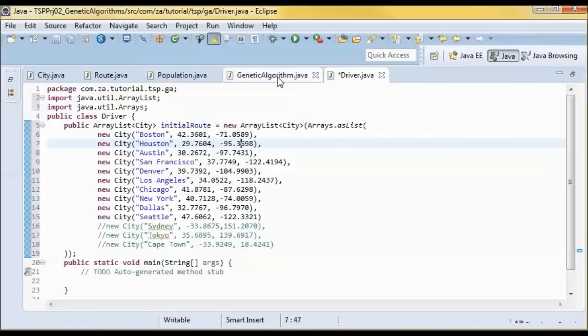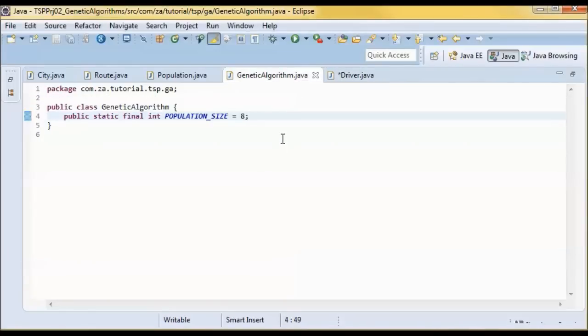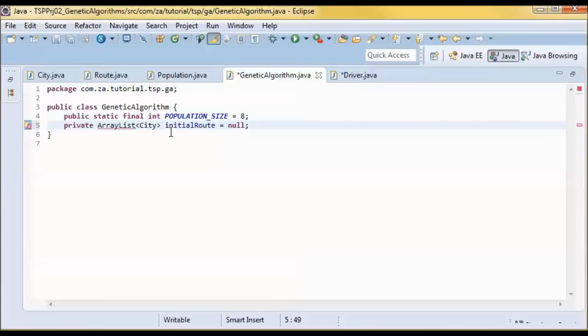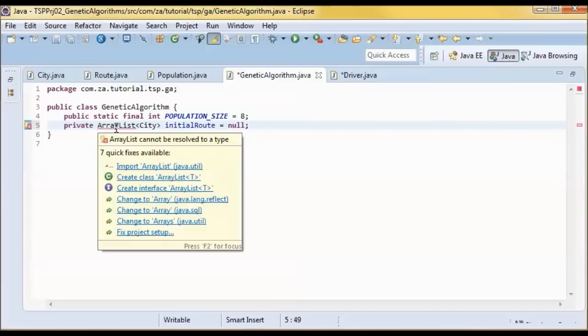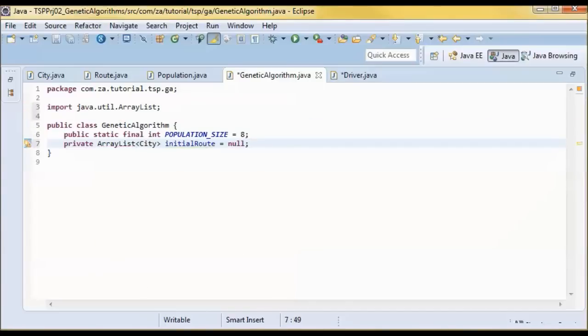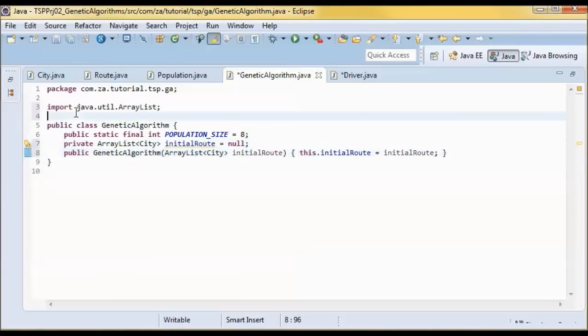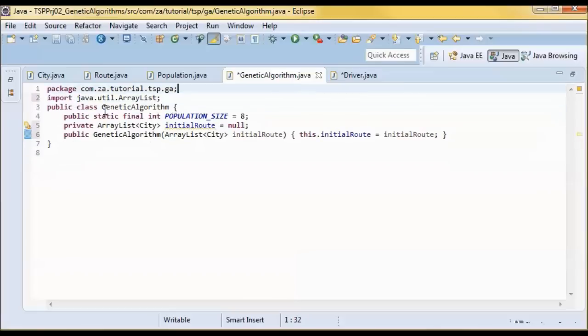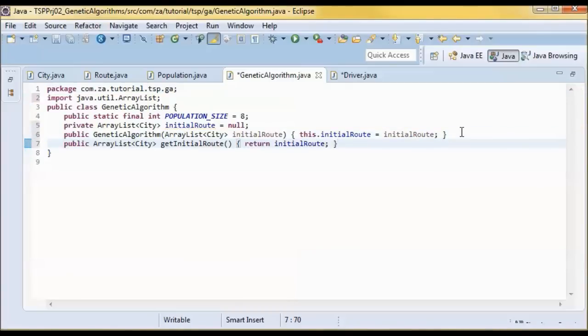And going to the genetic algorithm class, I will have this initial route that is initialized through a constructor that will end up being called from the driver class, and we will have a get method that returns that initial route.